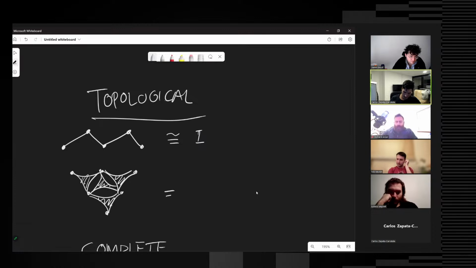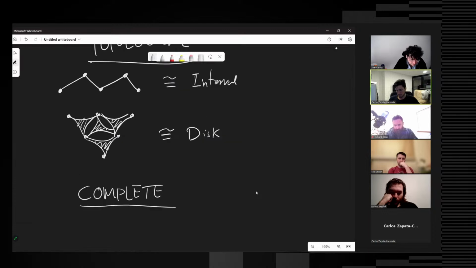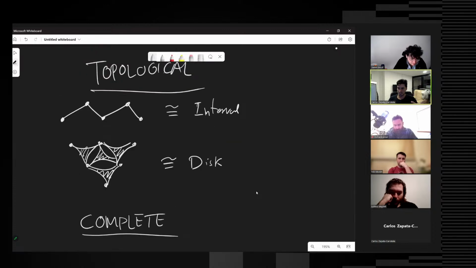So this is like a disk, right? So let me actually say interval disk, right? So this is kind of the idea, what I mean by a topological hypergraph. These are hypergraphs that can be thought of as simplicial complexes that are actually topological manifolds, or piecewise topological spaces in some general sense. Again, relevant for motif detection because you oftentimes care about the shape of a motif more than the exact motif.